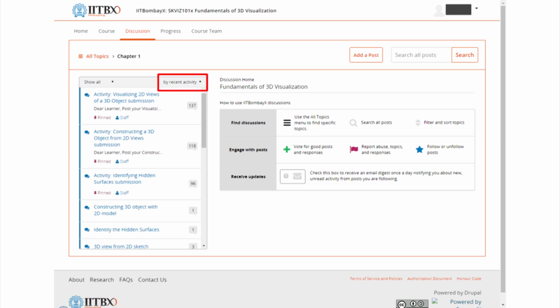This can be sorted easily by the drop down on the top, which currently would be on the recent activity probably. If you click on that triangle there, it will open up a drop down which will tell you that you can sort it by various ways, such as by recent activity or by most activity or by most votes.